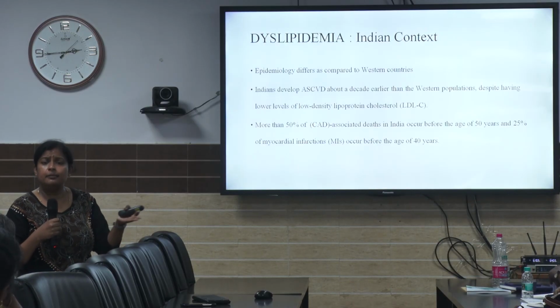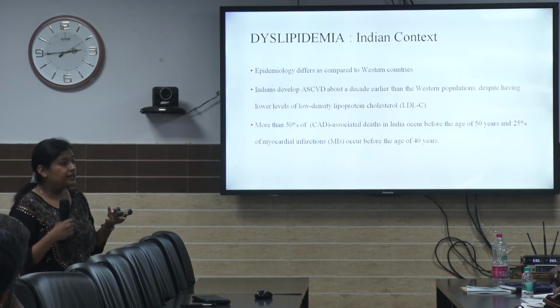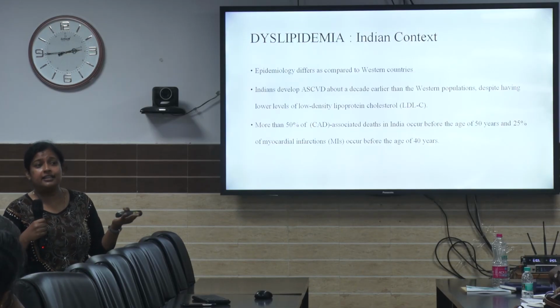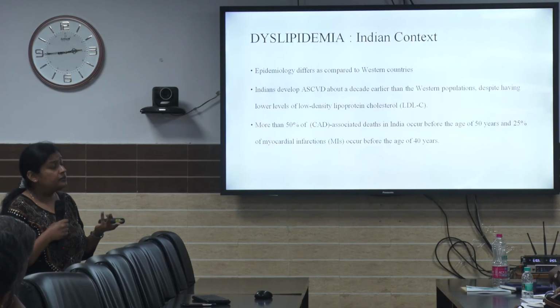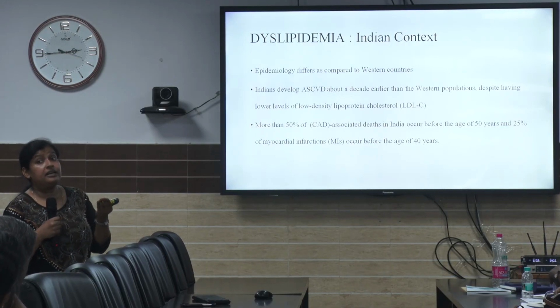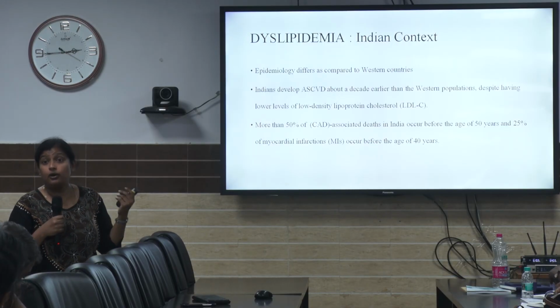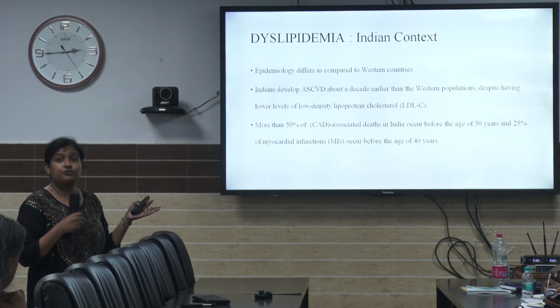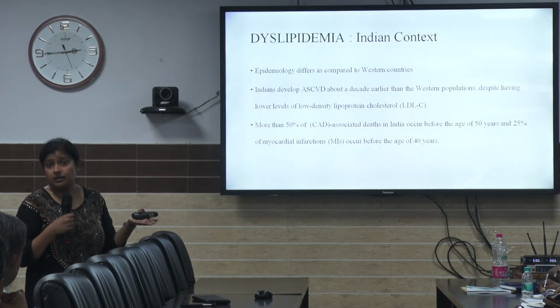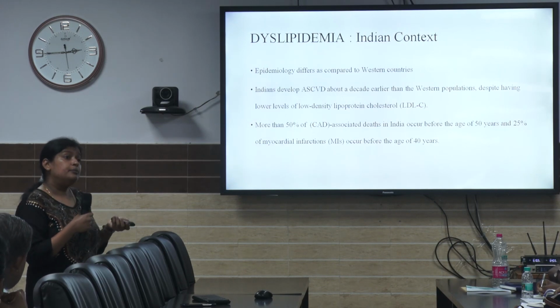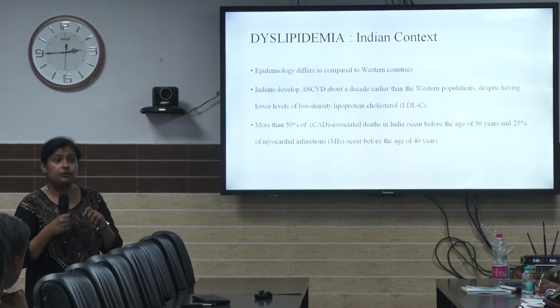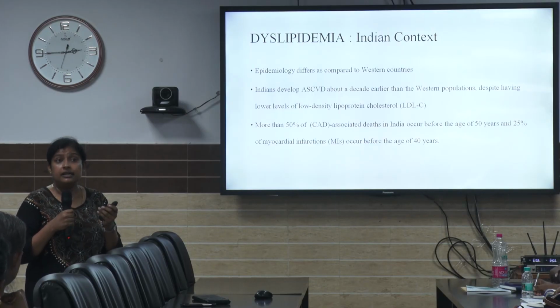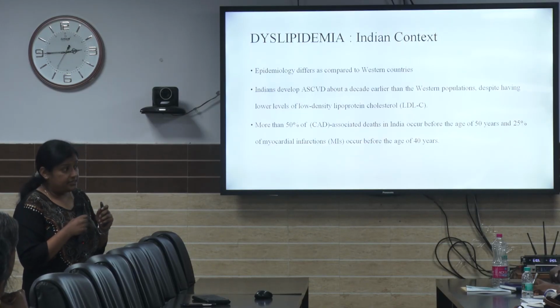We would have read about even young doctors dying of heart attack all of a sudden, at the peak of their health, in the prime of their life, and all of a sudden we are losing them. So that is why in the Indian scenario, we have dyslipidemia at an earlier age. So the importance of knowing about dyslipidemia plus MI, myocardial infarctions at the age of 40, it is higher among Indians. And another important thing is all the risk calculators for ASCVD, that is atherosclerotic cardiovascular disease, they all